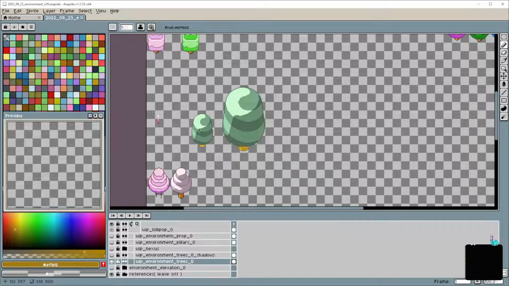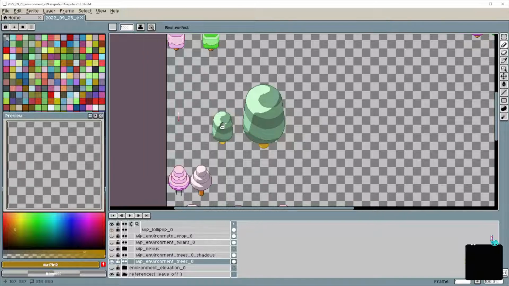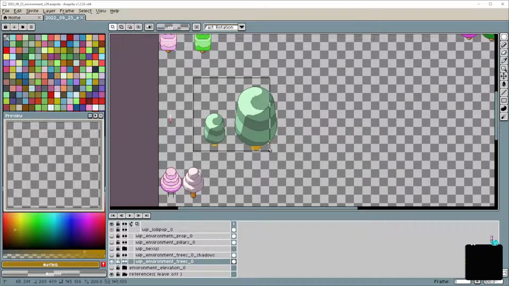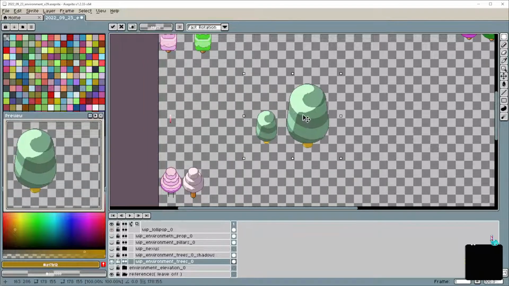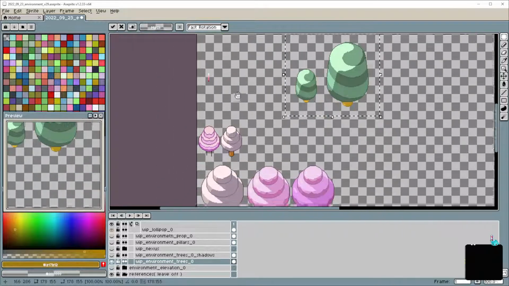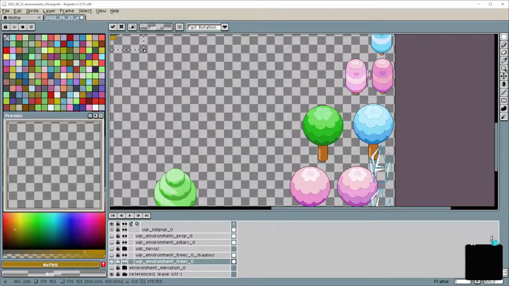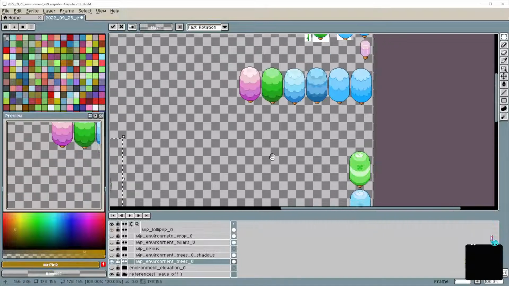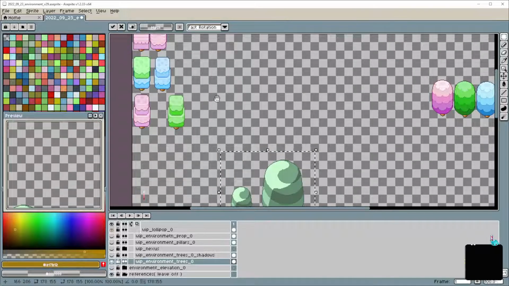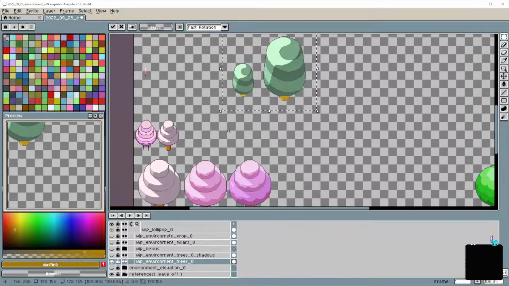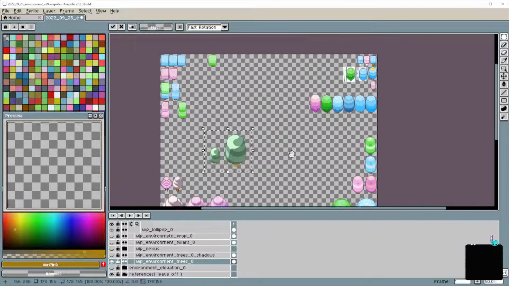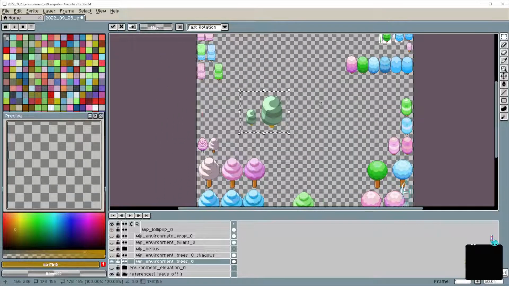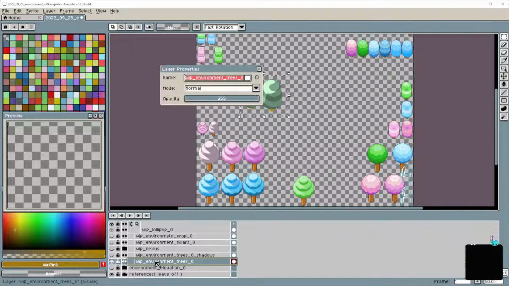So what I need is something kind of a little bit smaller, because these two, they're okay. They're pretty good for a starting point, but I need a place to put them. We're kind of running low on space. Okay, so maybe I'll take them and make a new tree layer, I think. Because these ones, I want room for them to iterate on. So I think what we'll do is we'll just make a new tree layer.